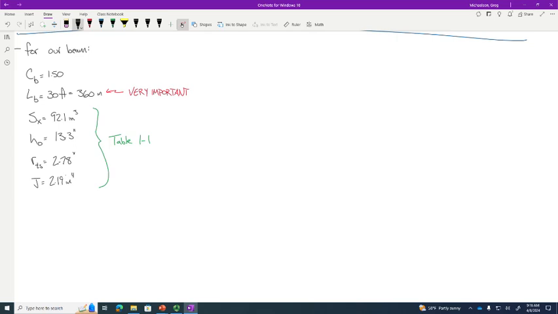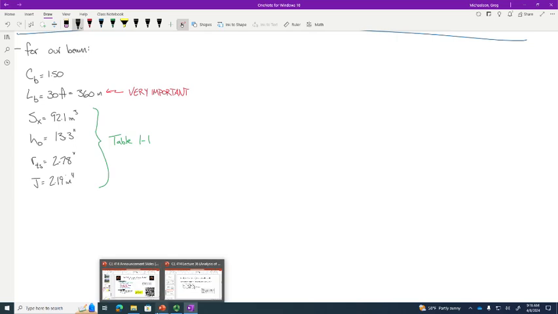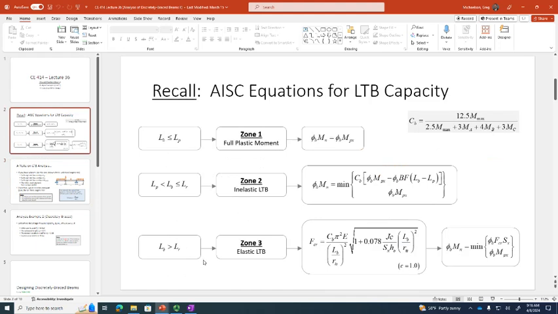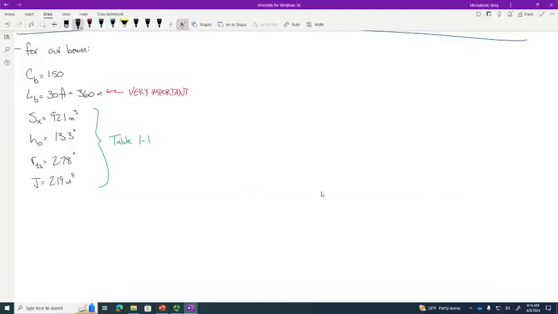So what am I doing here? I am ultimately going to compute the critical buckling stress, and I'm using this equation right here. Like I said, it's a little bit of a mess, and unfortunately, like with elastic buckling, there's no pretty design aid that can help us out with this. We just need to muscle our way through it. So Fcr is Cb pi squared E over the slenderness squared, and then we've got a square root over here. I'm going to hold off on actually drawing the square root sign.